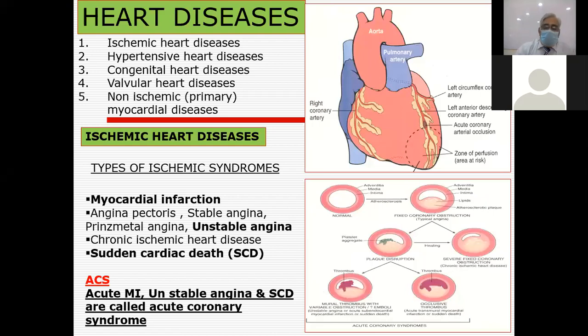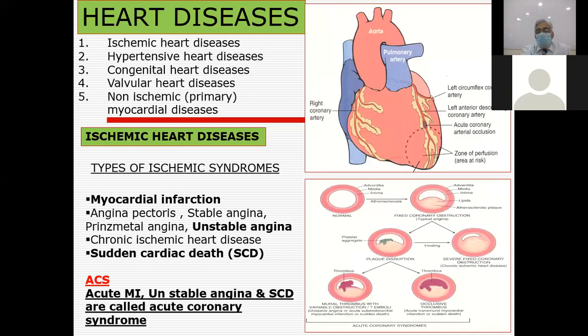Atherosclerosis, in fact, before I start the diagnosis of myocardial infarction, I must tell you that the ischemia as a result of narrowing of the vessels leads to ischemic heart disease, and that disease could be angina, stable or unstable angina, or spastic angina. But acute coronary syndrome is the term used for myocardial infarction when necrosis is there. If the reversible injury is there, you can call it angina, but if it is of short duration. When it is prolonged, it can lead to cardiac death or myocardial infarction or necrosis of the heart,